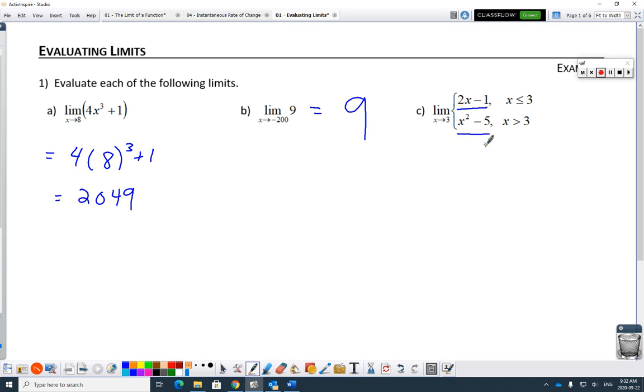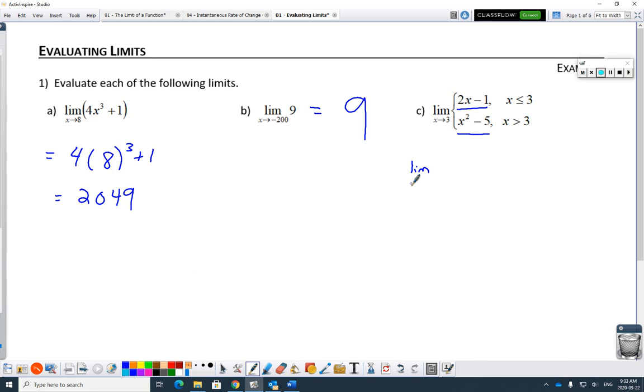x squared minus 5, that's continuous. But do they match up? How do we find out if they do match up? It's so easy. Just sub in 3 to both of them and see what they both do. Yeah? So,